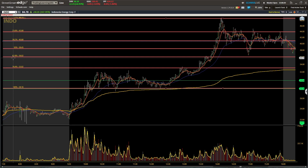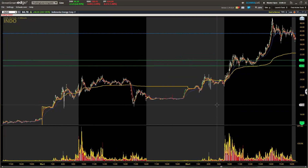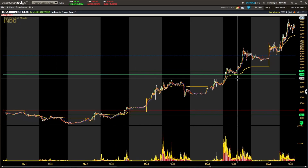And this was Friday trading. Now let's fast forward into today. I see that INDO is halted. We scroll out. We either exploded up or this stock, yep, it just exploded up